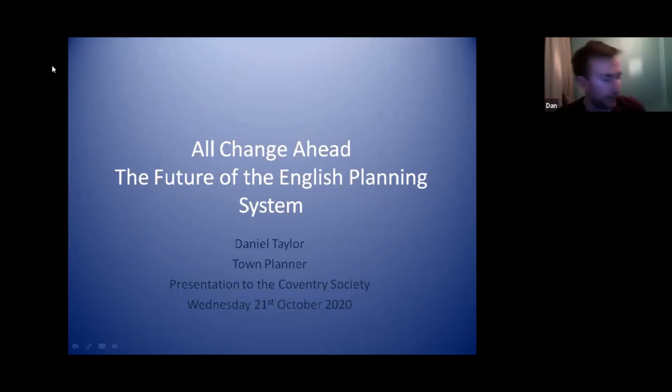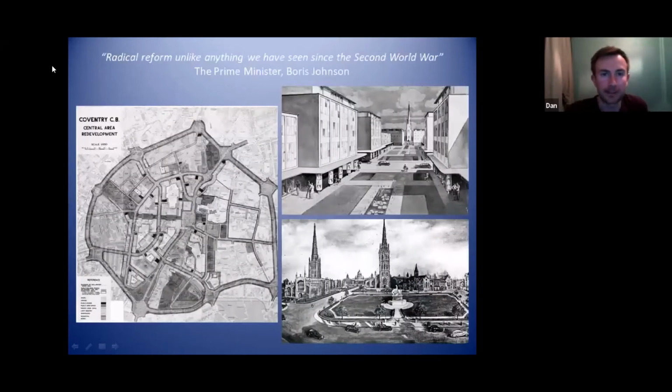Fine. Okay, so this is the future of the English planning system. As I say, the government has brought out a lot of changes, so I'm just going to run through them as quickly as I can now. I'll start with this slide to show how